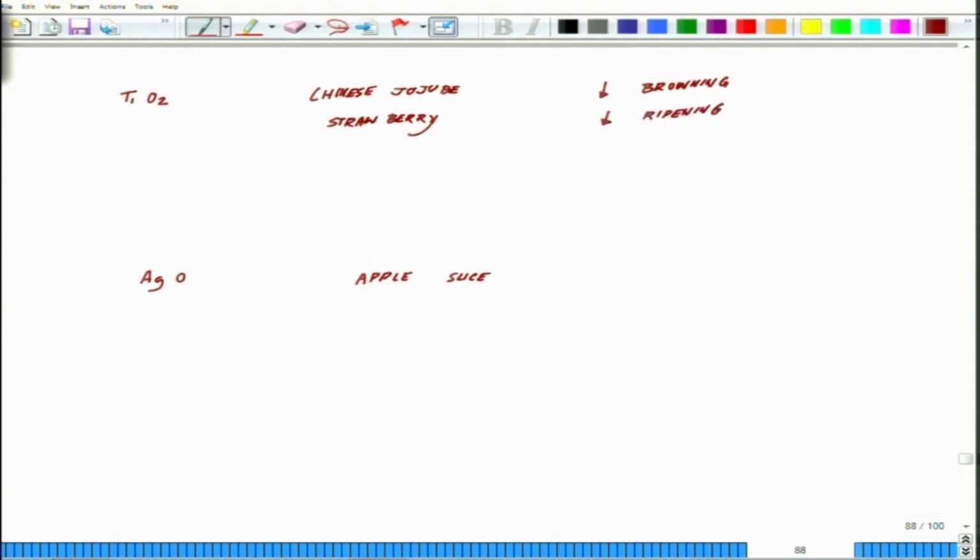So, you can use this as an effective packaging material to transport